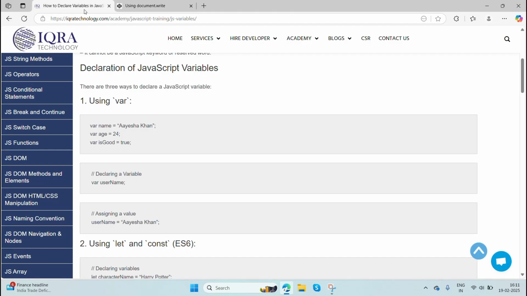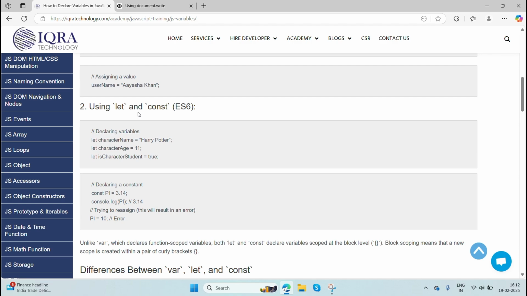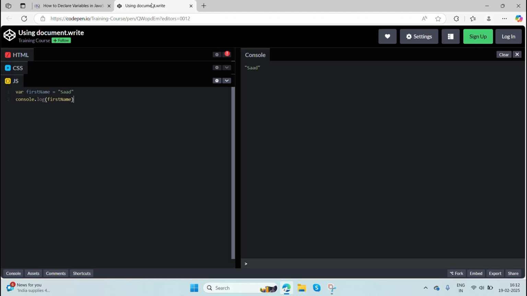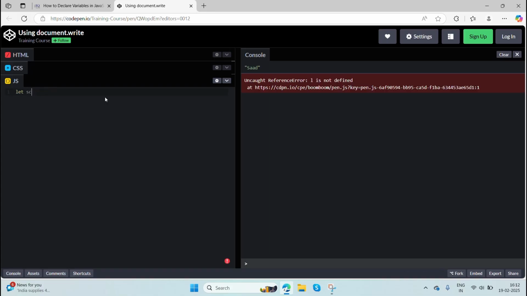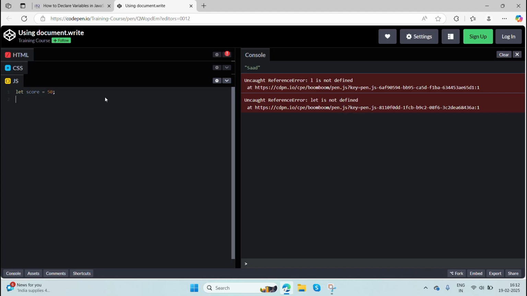Now let's look at let. Let is a block scope variable. Block scoping means that a new scope is created within a pair of curly brackets. I'll demonstrate this here. I'll write let score equals to 50,